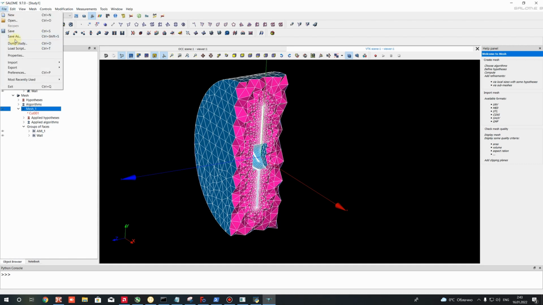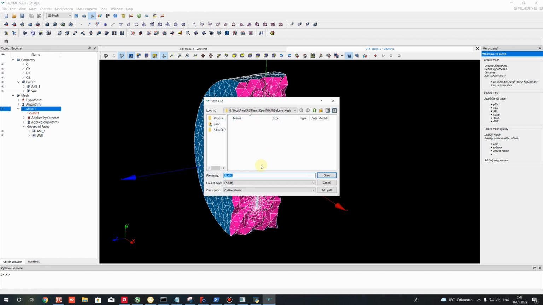If we want, for example, to change some parameters of a mesh and recalculate the results of OpenFOAM, we can use this project, change the parameters, for example, save a new mesh and perform the simulation again. So let's click save and save internal domain project. Save it,